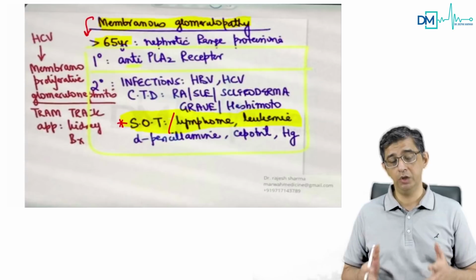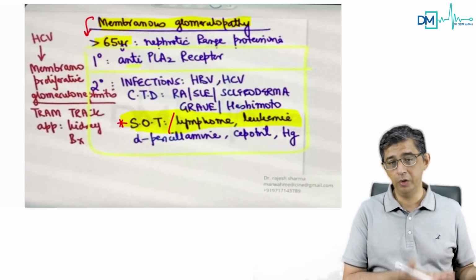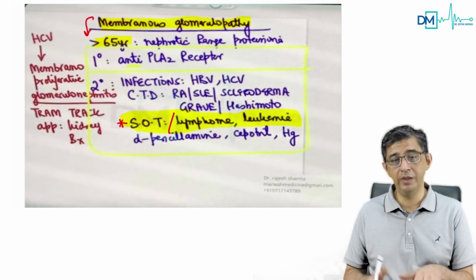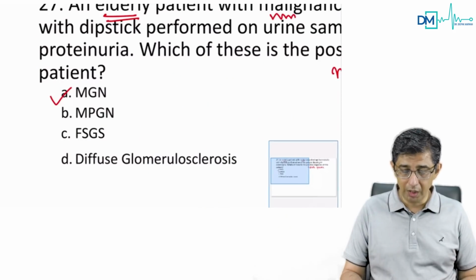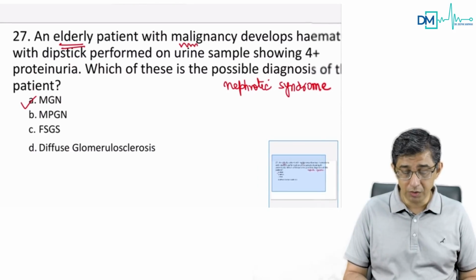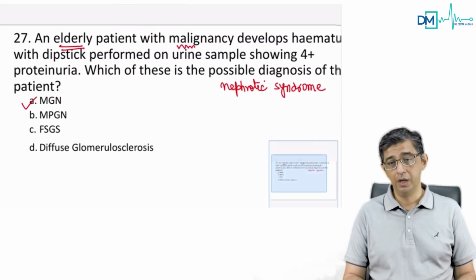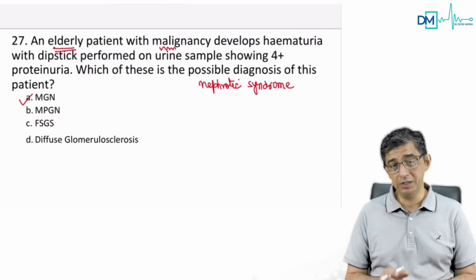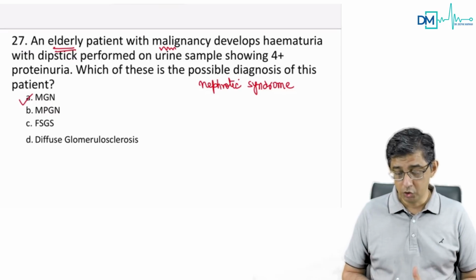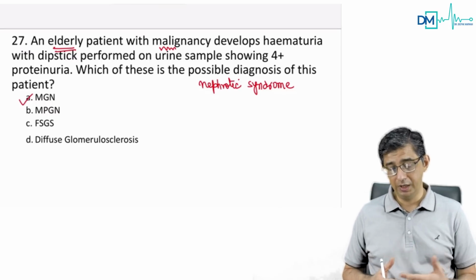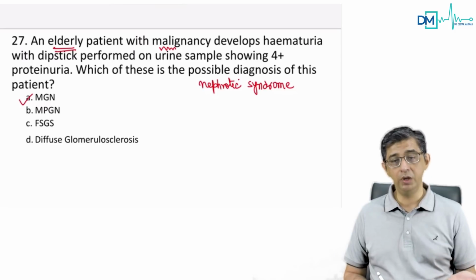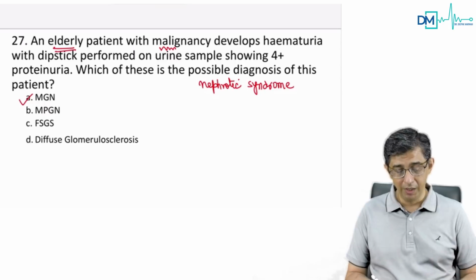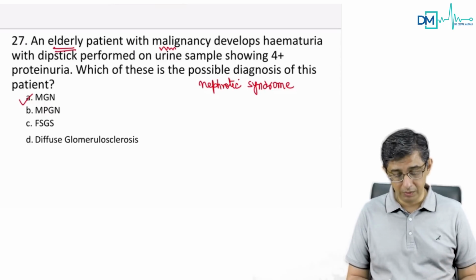So instead of simply asking what is the commonest variety of nephrotic syndrome in old age, he decided to give you an old man with a known solid organ tumor and then say that there is hematuria and proteinuria. And yes, in patients who are having MGN, it's a mixed picture. You can have a nephrotic and a nephritic presentation, both simultaneously present in a patient. So the question was deliberately made clinical, in a sense that they put in 2-3 lines. Otherwise, they could have simply put old man, nephrotic, what is the cause? Instead of that, they put it in a descriptive fashion. But I think the question was straightforward.